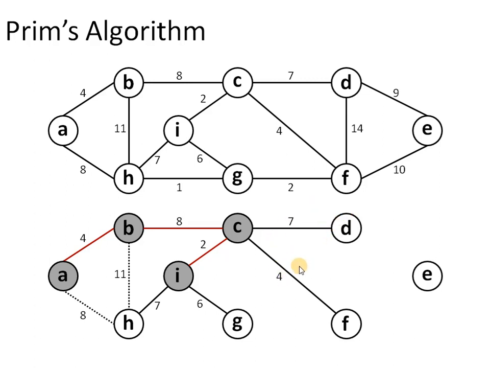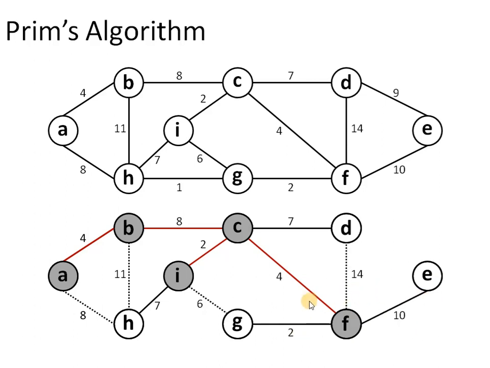So again pick the lowest one, that is F will be chosen. Now from F we can reach G via weight value of 2. So this 6 will be overwritten with 2, and D we have already lowest value 7, and from F to D we can reach, but the weight value is 14. So 7 will remain as it is, and from F to E we can have an edge of 10 now. So these are the updates.